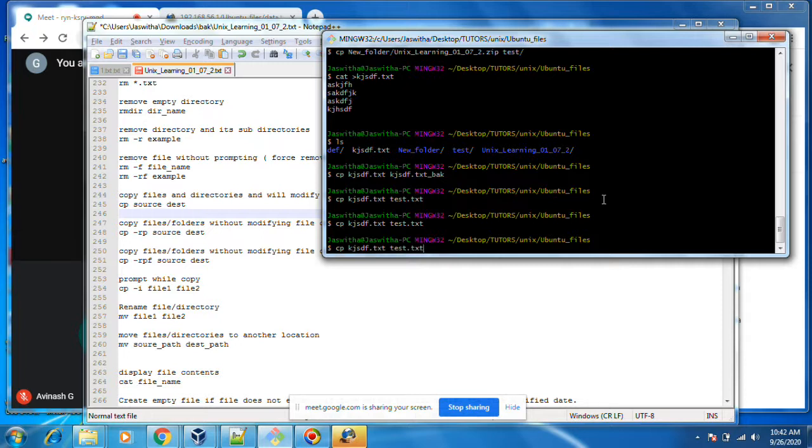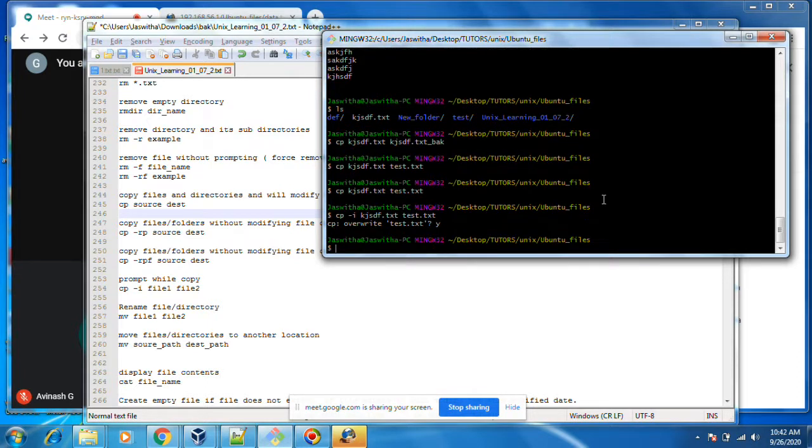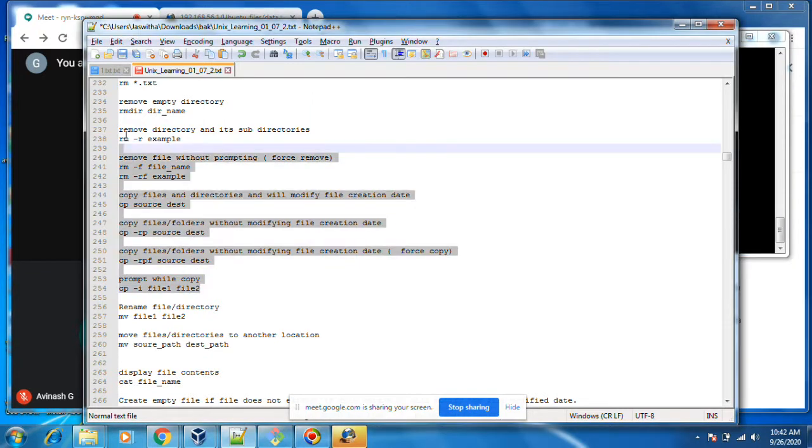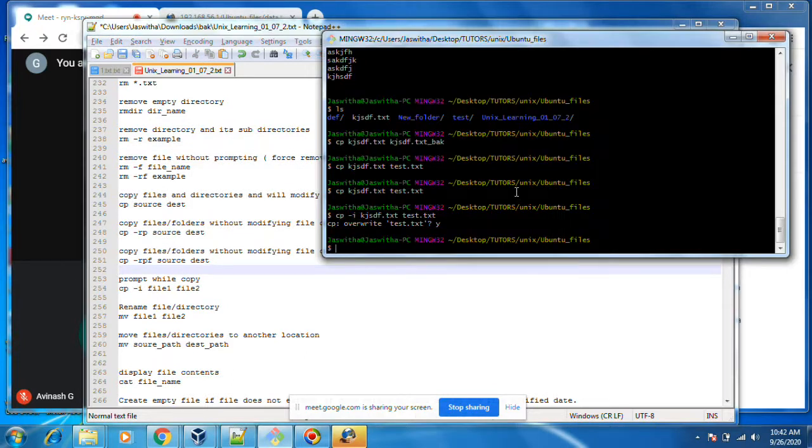Okay. If you want to give -i, user interactive mode, overwriting this file, yeah, it will show. Okay. If you want yes, overwrite yes. That is why it is called -i. It will work for rm, cp also. Till now we did the copy file. Copy means some different name or different directory you can do.